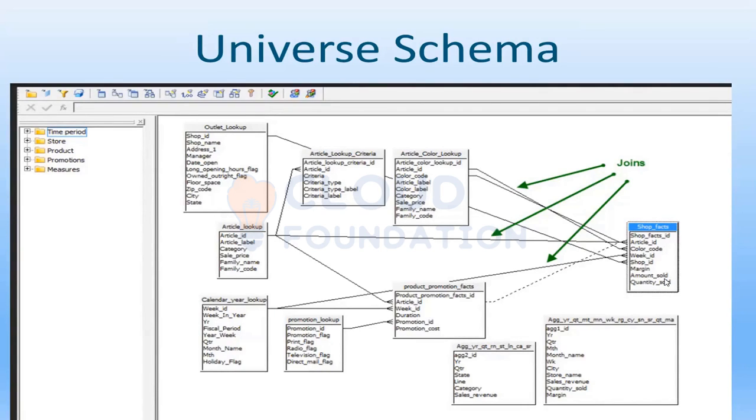But we also need to know for which area, which region, which product, for which perspective we are doing the analysis. There come the dimension tables. Here outlet, lookup article, lookup calendar, promotion product, product, these all come under dimension tables, and these come under fact tables.